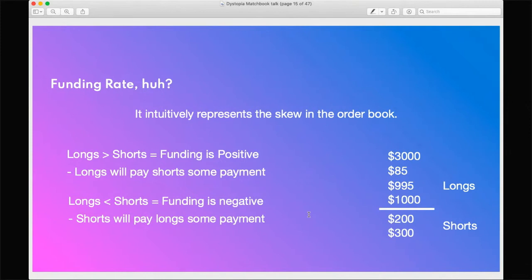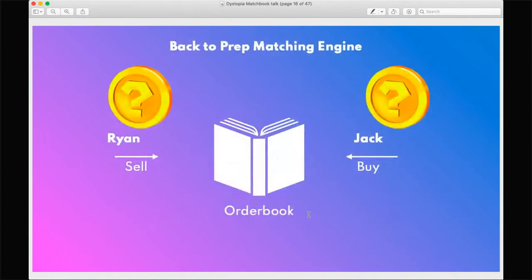And I know if you have done futures trading before, you might be going like, oh, dude, there's a futures price which is converging to the index price. Well, if you know what futures are, you know what futures are. But if you don't, this is a very good intro for that. So back to our matching engine.